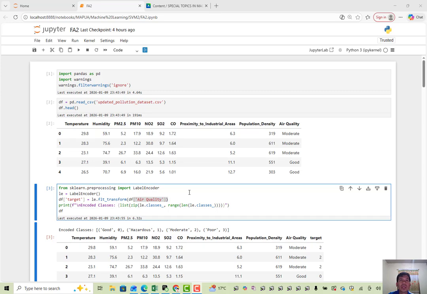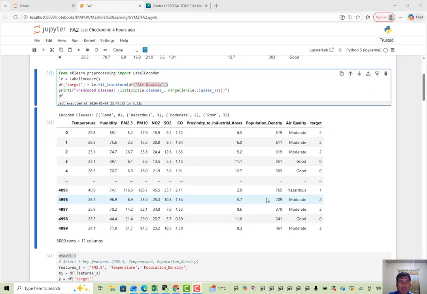Then I displayed the updated data frame. As you can see, the converted label is in the target column. For the encoded classes, these are the labels. Good was converted to label 0, hazardous to 1, moderate to 2, and lastly poor to label 3.